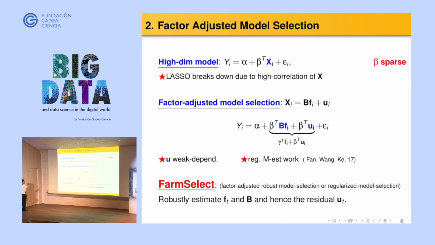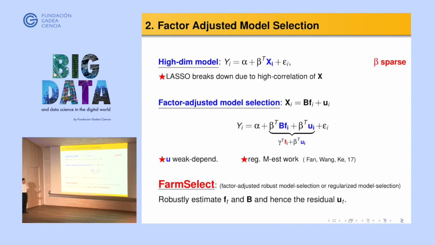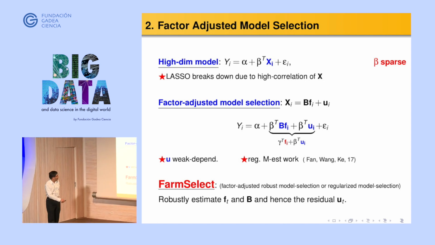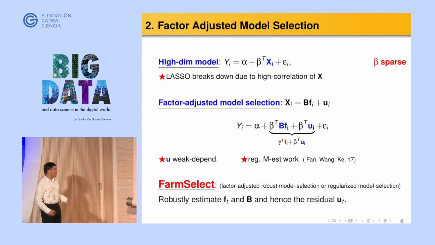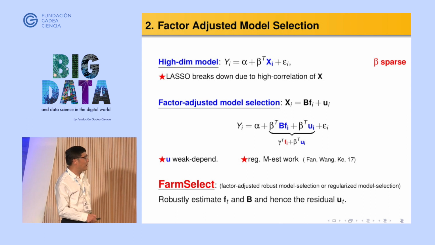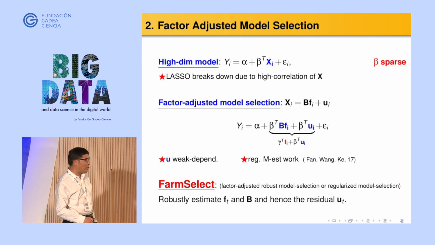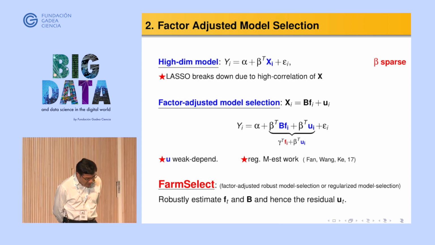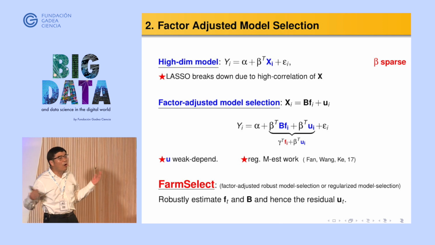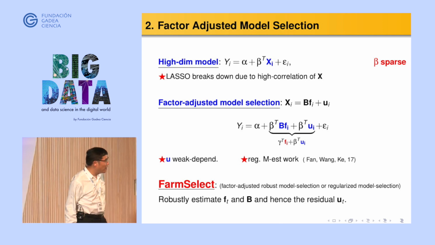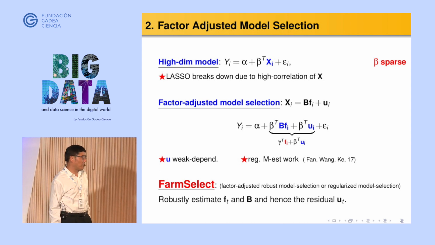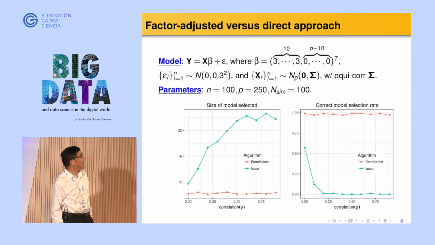So really, basically saying, hey, you infer or learn the latent factors plus factor loadings from the data. And once you learn this, then you have idiosyncratic components too, right? Now you use your idiosyncratic part plus factor parts as input variables. By lifting the space a few more dimensions, all covariates suddenly become nearly independent. So this is the FarmSelect that we are probably going to talk a little bit about later on.